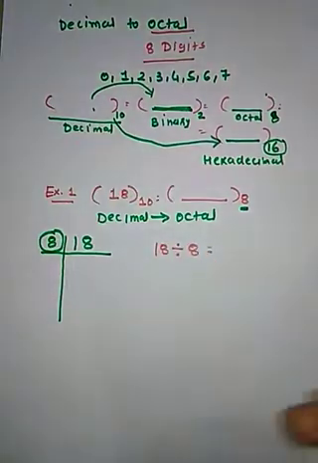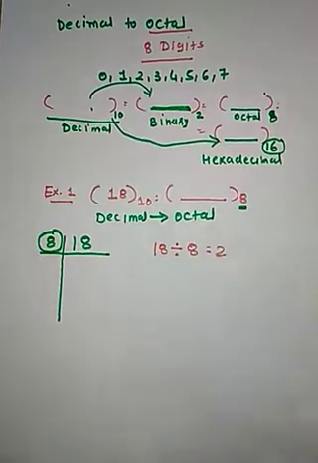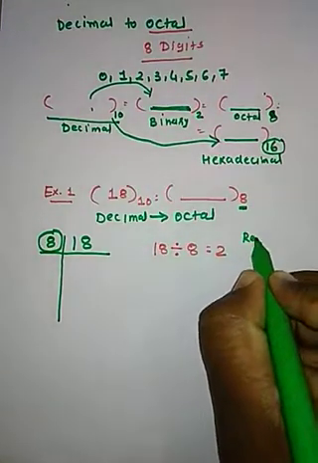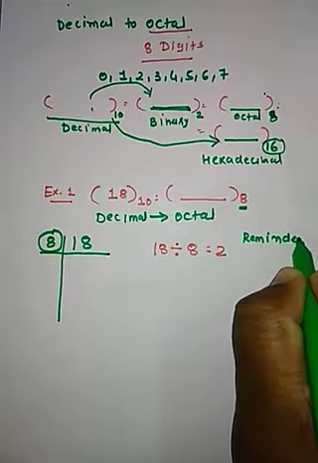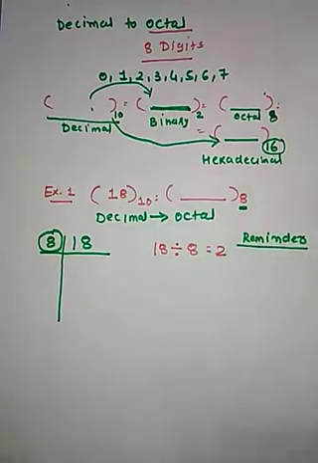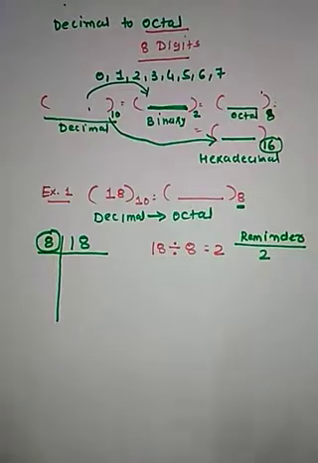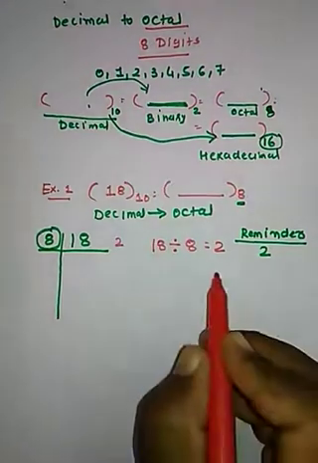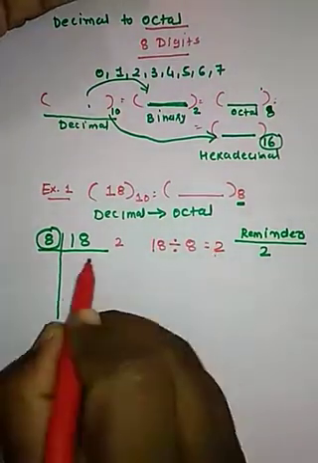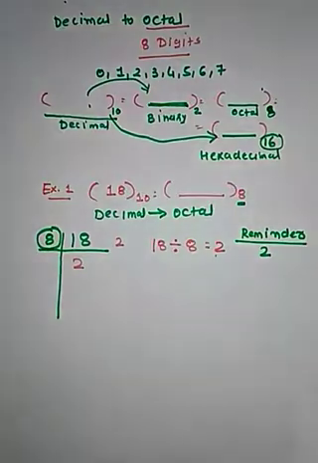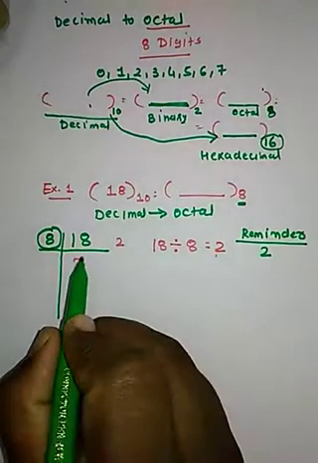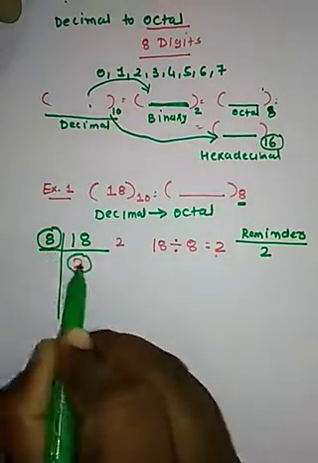તો કેટલા આવશે? 2. ઓકે, હવે રિમાઇન્ડર કેટલું બચે છે? વોટ ઇઝ ધ રિમાઇન્ડર? અહીંયા ખાસ તમારે રિમાઇન્ડરમાં જ ધ્યાન રાખવાનું છે. What is the remainder? It's a 2. Okay, this remainder is to be written here only. Now see here, this 2 is written here. અહીંયા 2 લખવાના છે.